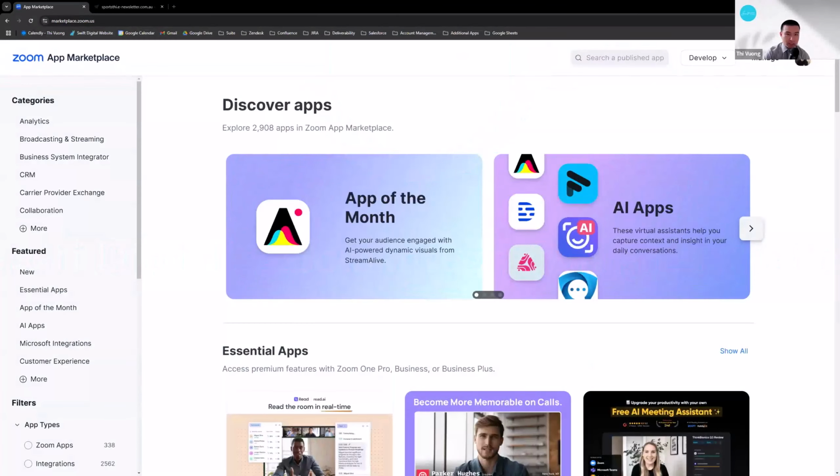So in today's session, of course, we'll be going through the Swift Digital integration with Zoom. And there's a few topics that we'll be covering today, which of course, how to run online events using Zoom and Swift Digital, attendee statistics based on how long a person has entered and stayed, and show you the exit times of those